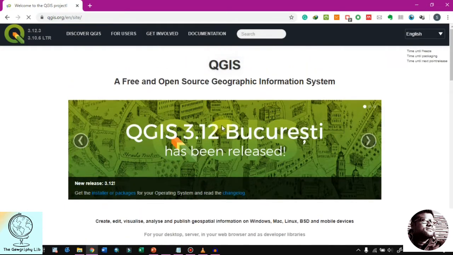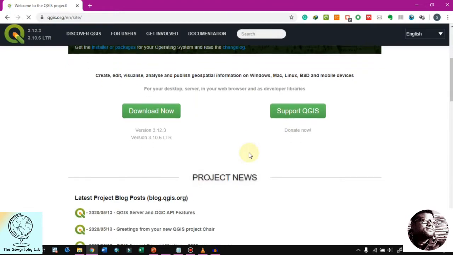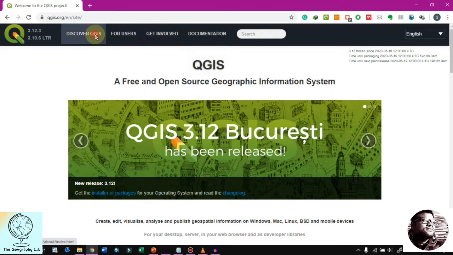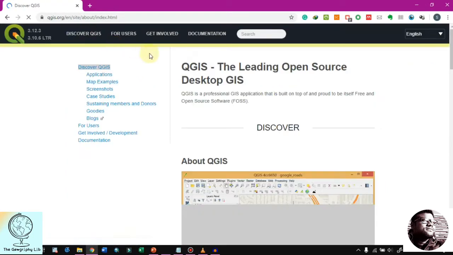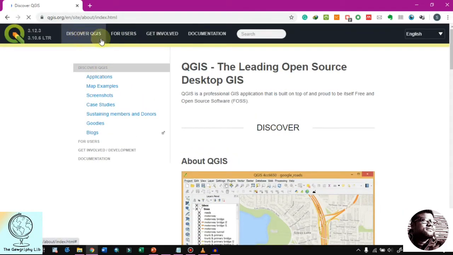It is already described as a free and open source geographical information system. The latest version is QGIS 3.12. If you want to learn all the information about QGIS, you have to go to the different tabs here and you will learn the different information.